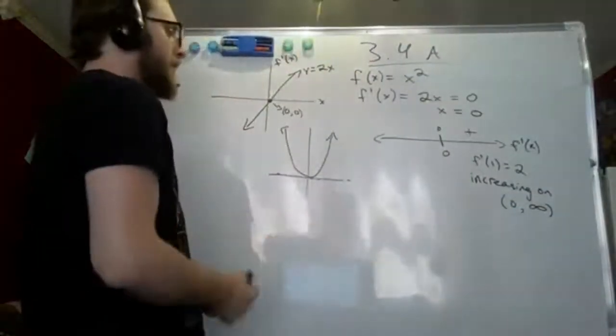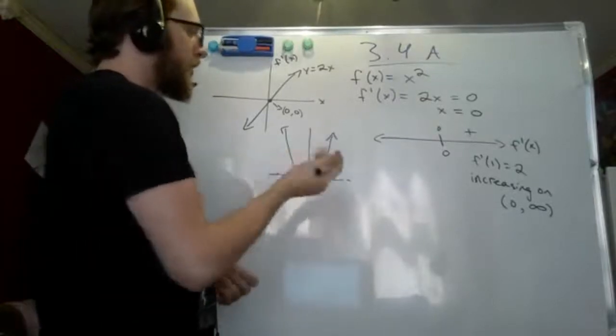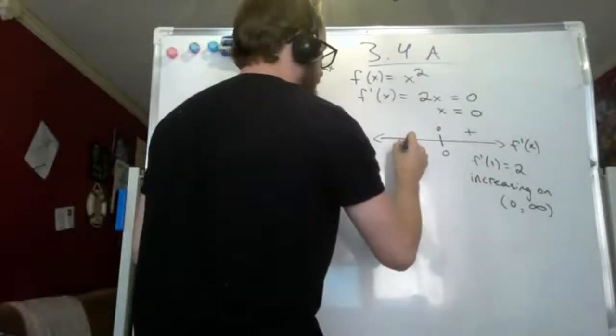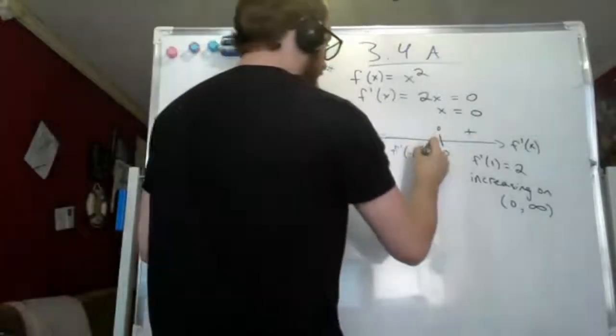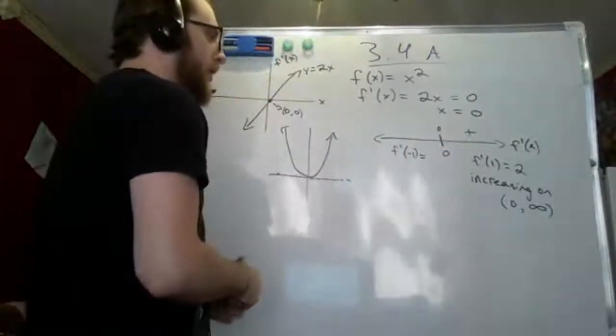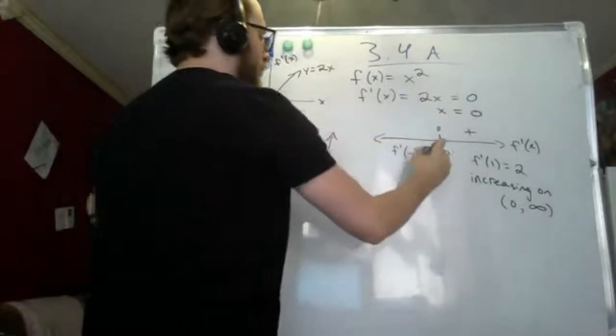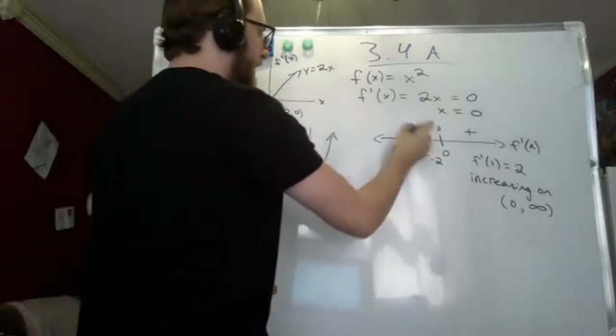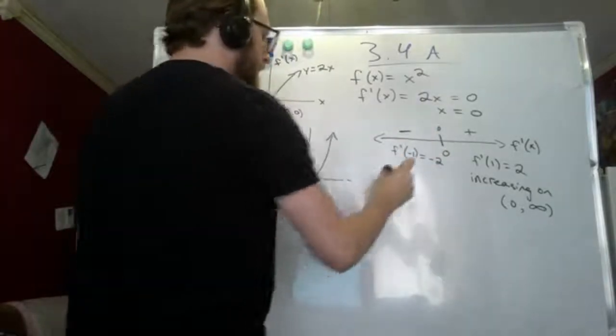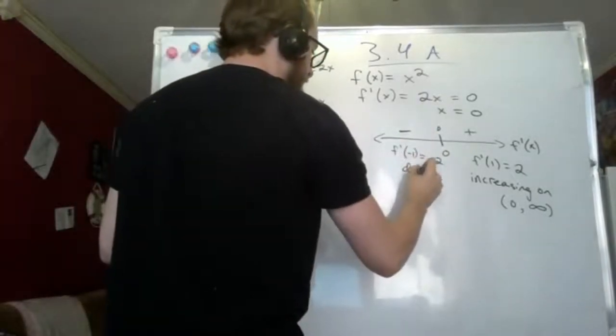All right, great. What's happening on the other side? Well, let's plug in -1 to our first derivative. So what's f prime of -1? Well, 2 times -1, that's -2. It's negative, and so what's happening? We are then decreasing